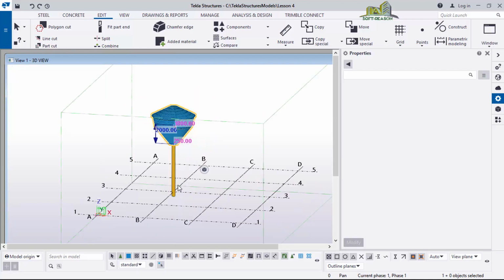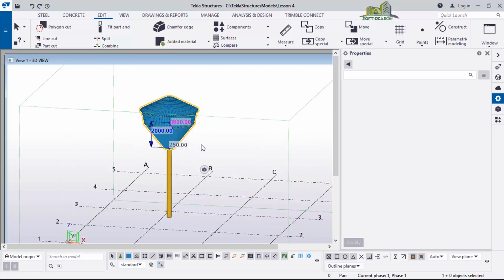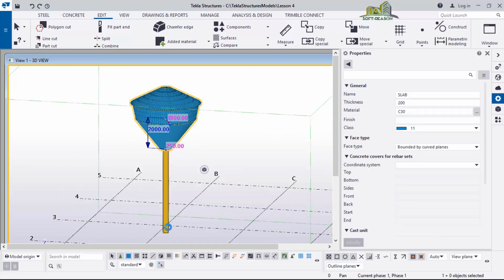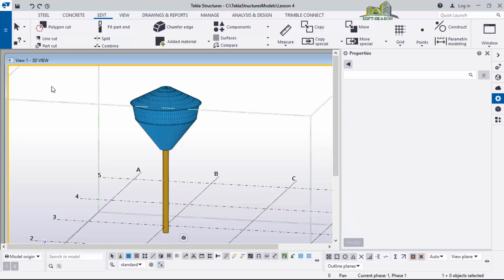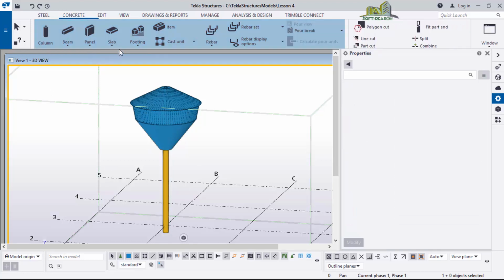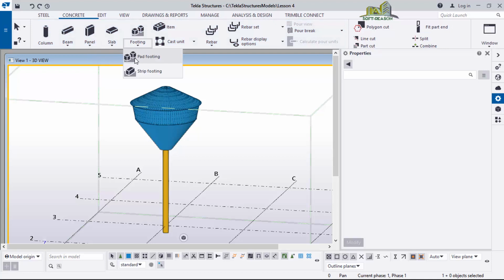After which we want to add a foundation. For us to do that, you come to the concrete, select the footings and then select this pad footing.